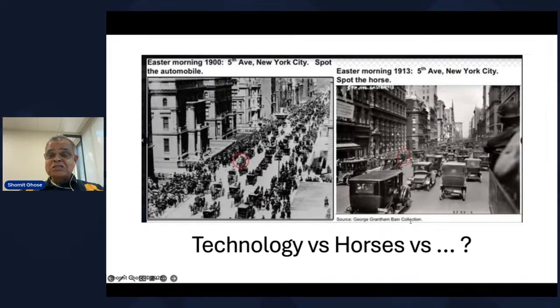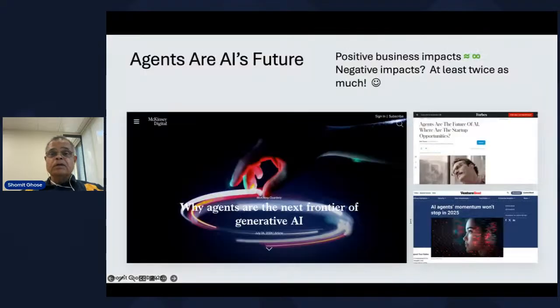Just 13 years later, the reverse is true. It's nothing but automobiles with just a single horse visible. Think of how rapid that transition was. We're about to see the same thing with the advent of agentic AI. In the year 2025, we're basically still in the picture on the left. We can only guess as to how rapidly we're going to undergo the changes that are now being brought by agentic AI. So I think pretty much it's a buckle up your seatbelts moment.